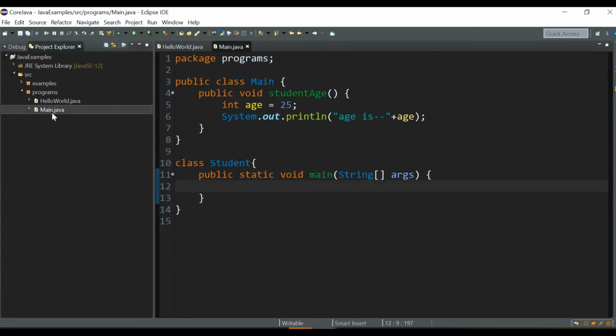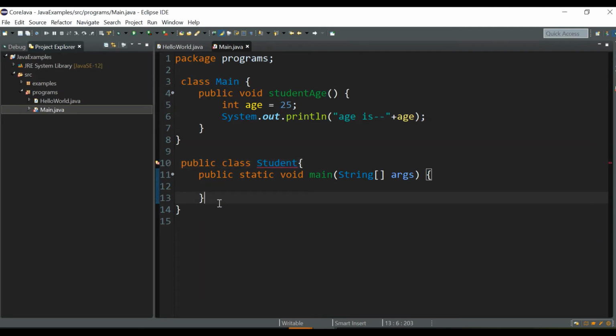So when you run this file, main.java, the execution will start from this particular line, that is public static void main, right? Because even though it has two classes, wherever the main method is written, the execution will start from there. But we have some rules in writing the main method. The main method should be put under the public class, okay? But we know the public class is this one, not this one. So what we can do, we can remove this public keyword and we can put it here.